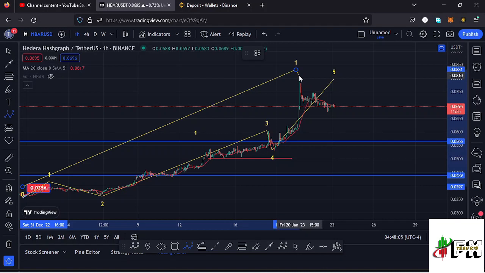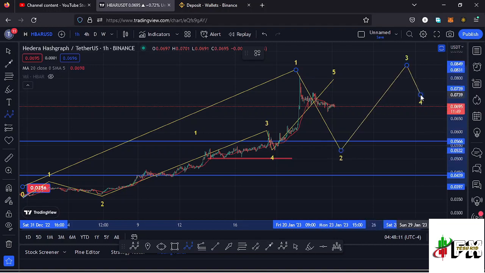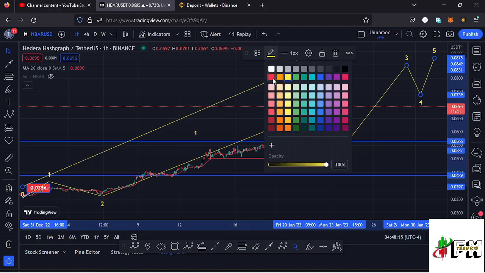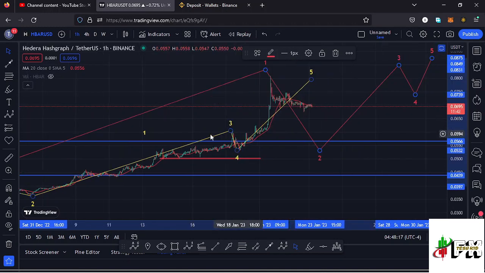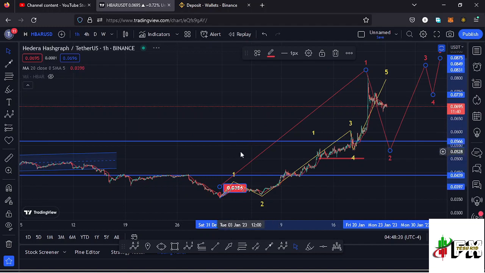And after making our peak at around the $0.081 mark, then I'm expecting a bit of a pullback in the formation of a second wave before we see a wave 3, then expect a wave 4, then push even higher in the formation of that wave 5. And I can change the color of this Elliott wave structure to red so that you can also spot that